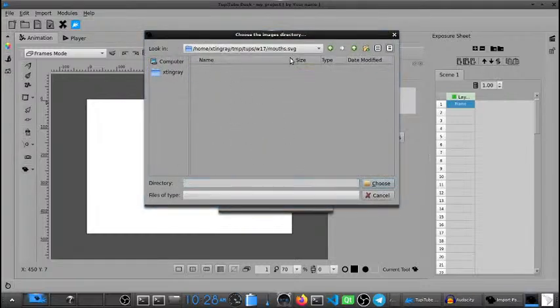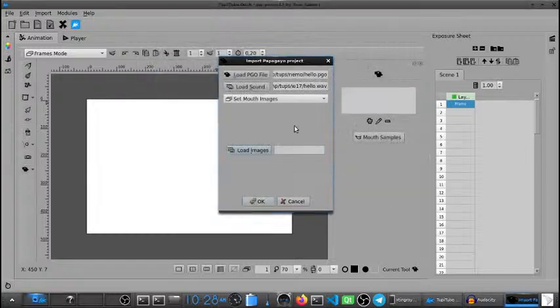So here, in this folder I have a set of SVG mouths, and here I have a set of mouths created using TupiTube. I mean, you can create a set of mouths using native objects too. So you can pick whatever option you want to use.